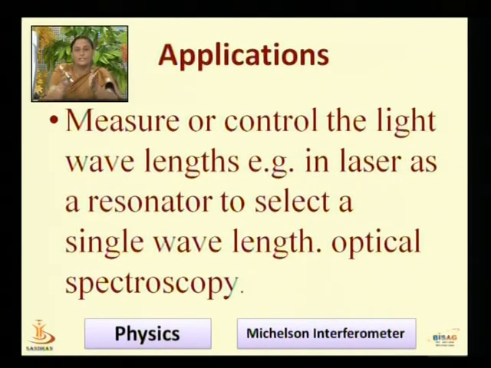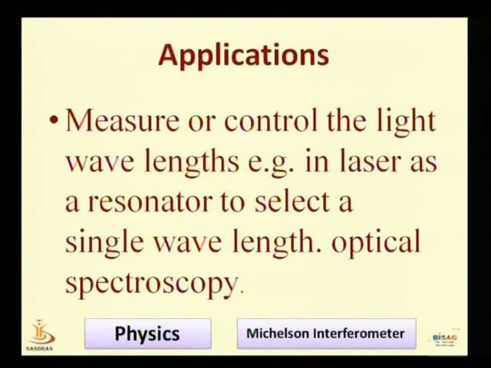So if you look at the application of it, whatever we are able to find out or measure with the help of the Michelson interferometer, similarly we will be able to measure with the help of the Fabry-Perot etalon also, but additionally the smallest changes which we are not able to measure with the help of the Michelson interferometer are possible with the help of the Fabry-Perot etalon. Another application is that if we have a polychromatic source where we have a large number of wavelengths, there also we can find out the wavelength as well as the small change in the wavelength can be measured.